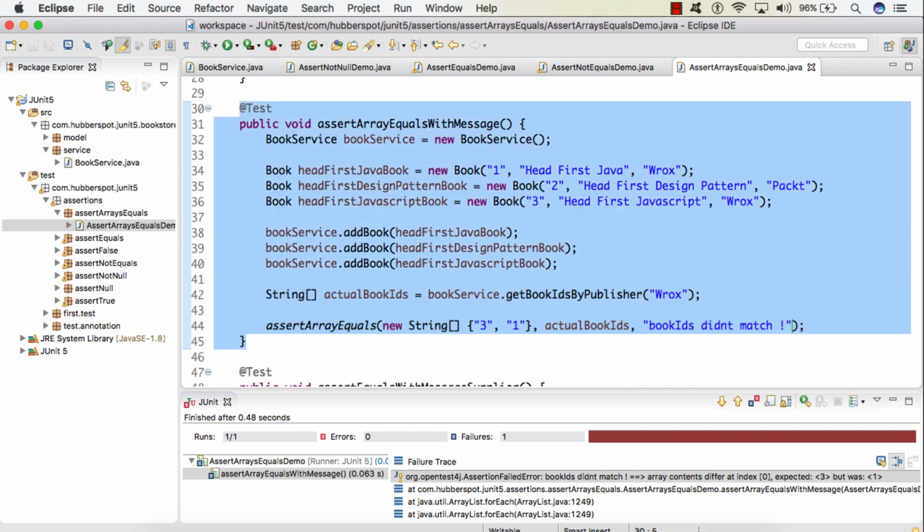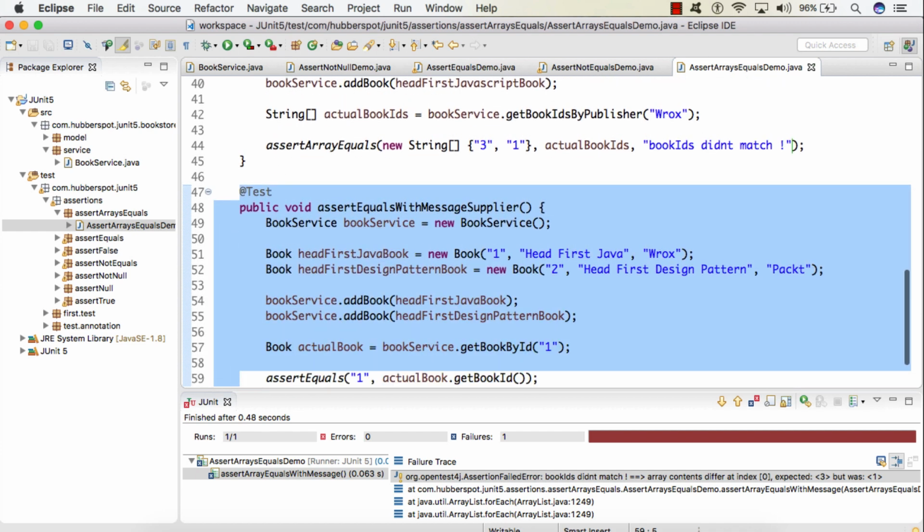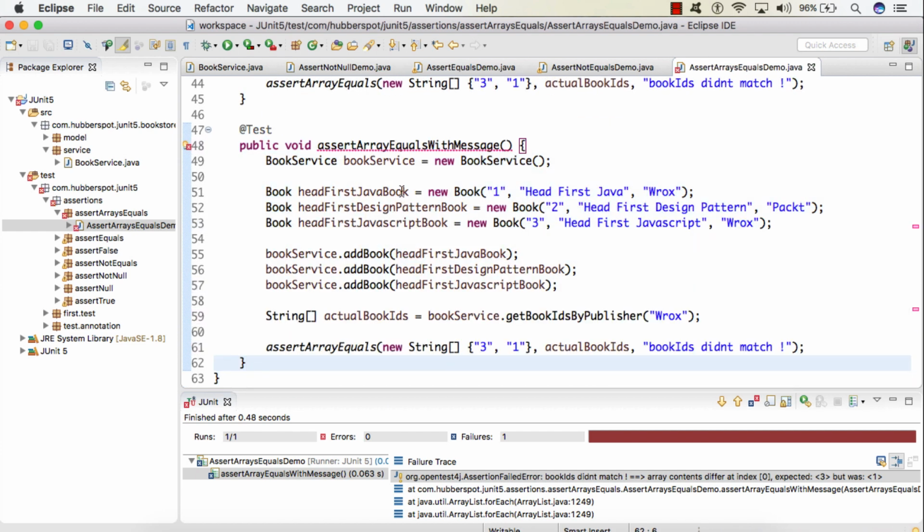Now let's see the demonstration of the third assertArrayEquals method. Here the scenario remains as it is. We will simply change the test name as assertArrayEquals with message supplier.